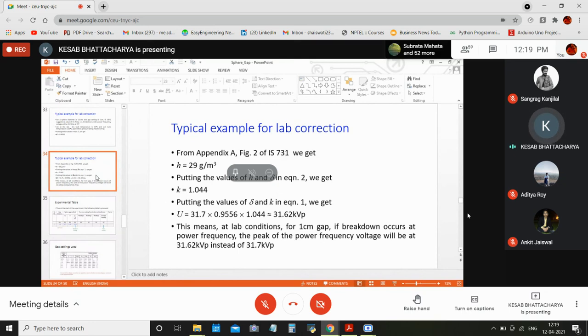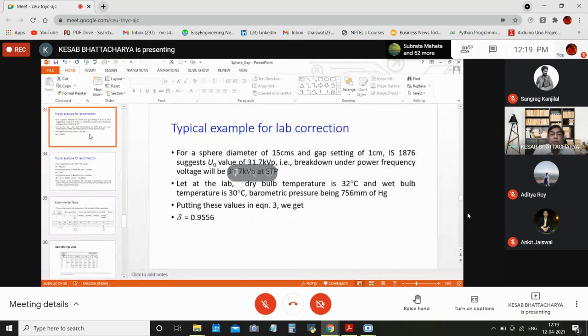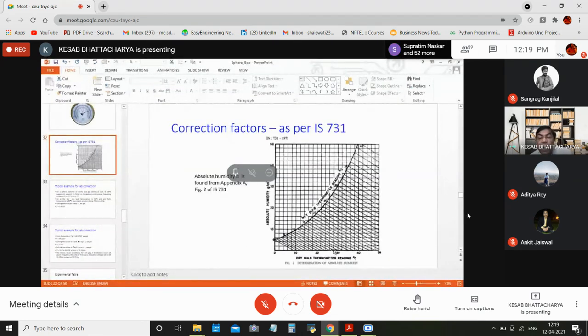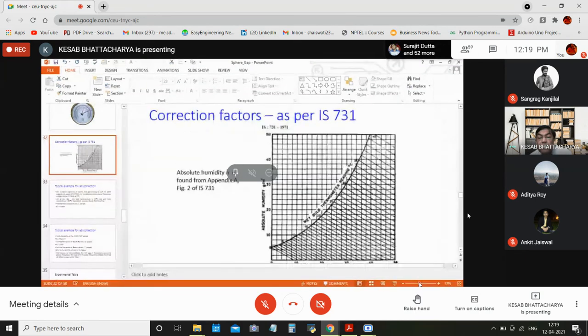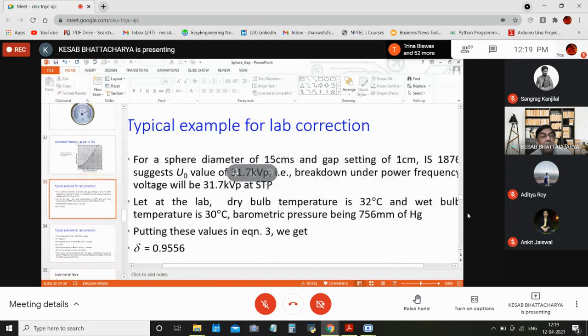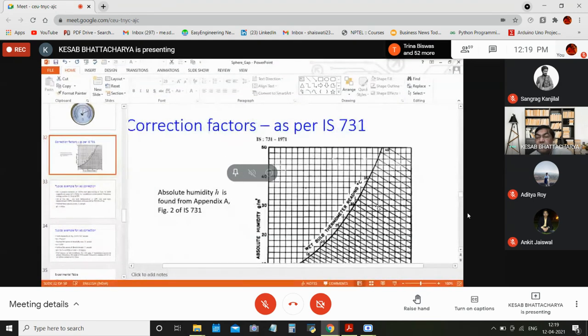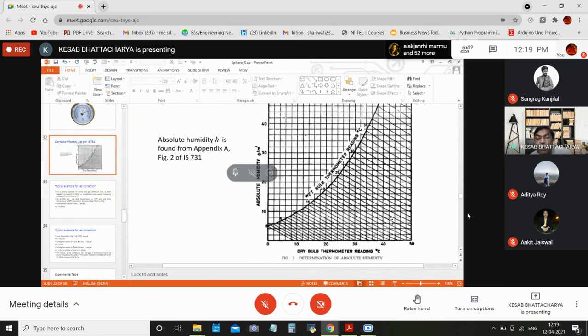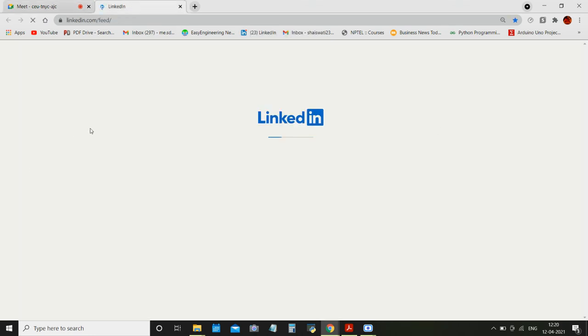এইচ এর ভ্যালুটা 29 গ্রাম পার মিটার কিউব বের করেছে। সেখানে ওয়েট বাল্ব থার্মোমিটার রিডিংটা কত ধরেছিল? ওয়েট বাল্ব থার্মোমিটার হচ্ছে 30, আর ড্রাই বাল্ব থার্মোমিটার রিডিং 32। তাহলে ওই ফিগারটাতে যাও, এই ফিগারটায় 30 আর 32, একে যদি একটু বড় করা যায়, দেখো এইটা হচ্ছে 30 লাইনটাকে ভার্টিক্যালি মুভ করাও। 32টা কোথায় আছে? এইটা 30, এটা 32, এটা 34, এটা 36, এটা 38। তাহলে 30 আর 32 ইন্টারসেক্ট যেখানে করবে, এইখান থেকে হরাইজন্টালি মুভ করো।